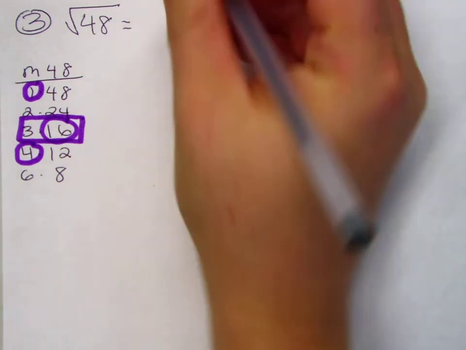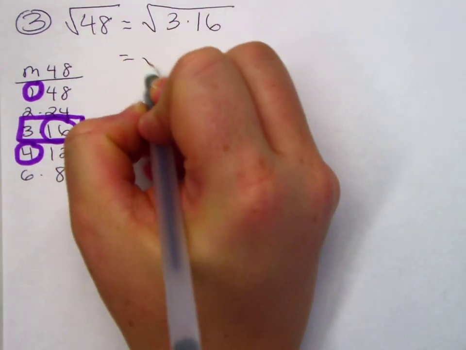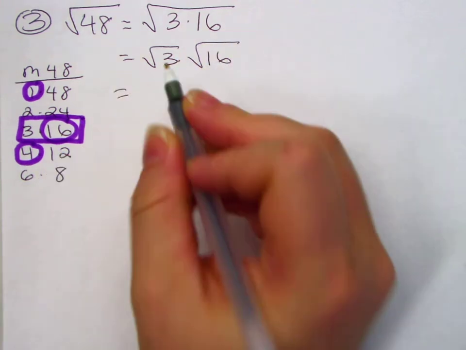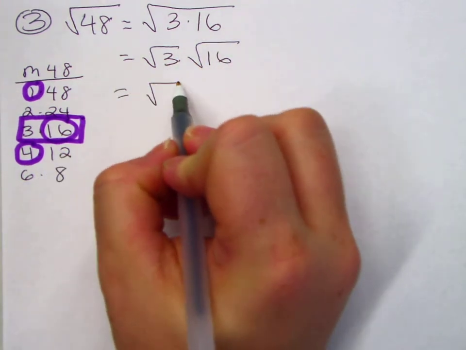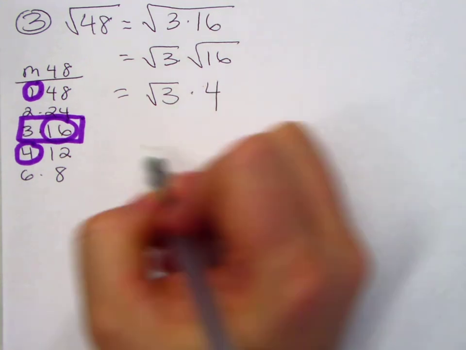All right, so I'm rewriting this as radical 3 times 16. Radical 3, radical 16. Do I know the square root of 3? No. Do I know the square root of 16? 4. And then put the 4 in the